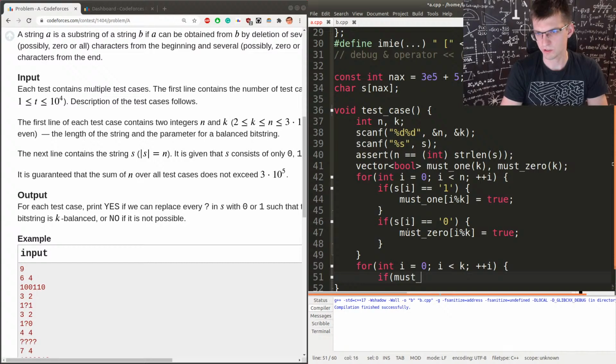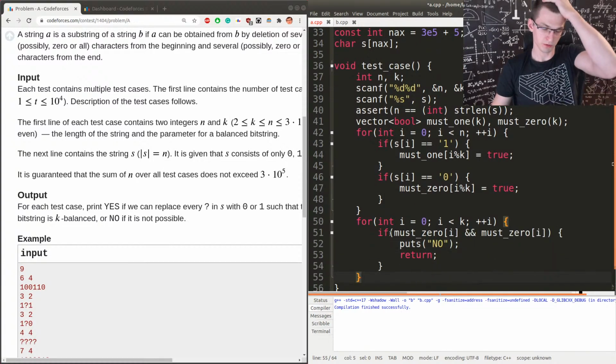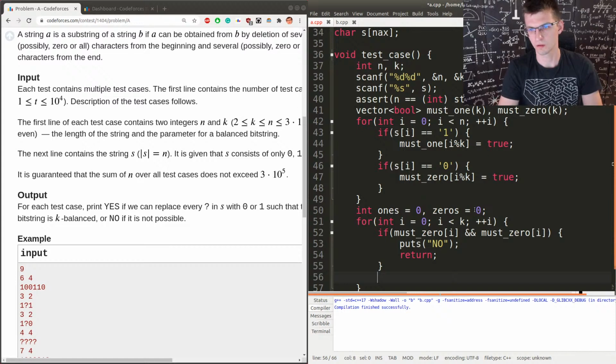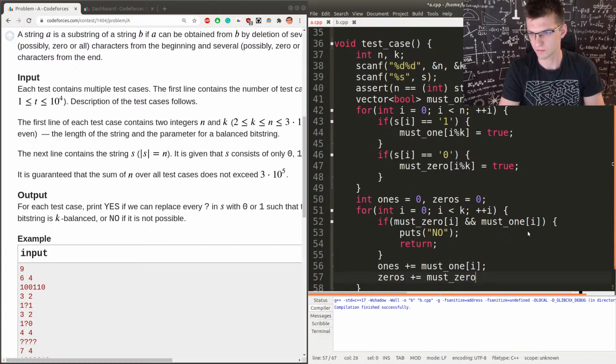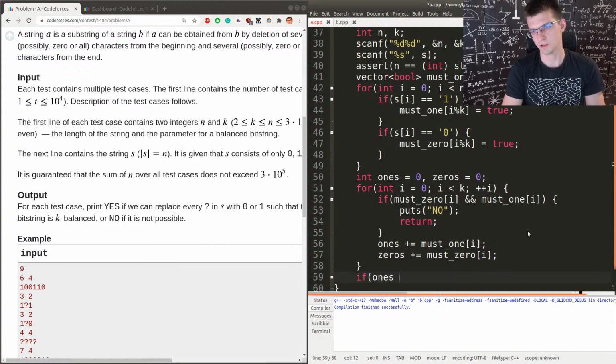If both must 0 and must 1 are true, then it's impossible to choose any bit there. If it's must 1, I made a typo, must 0 and must 1. This way I can count how many bits must be exactly this thing, and if this k is equal to 10, but already 6 bits must be 1, then that's too many. If 1 is greater than k over 2, or 0 is greater than k over 2,